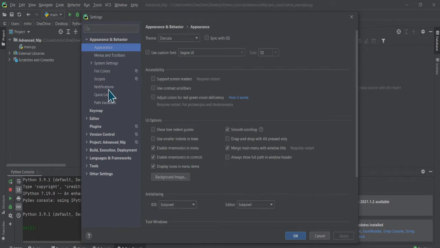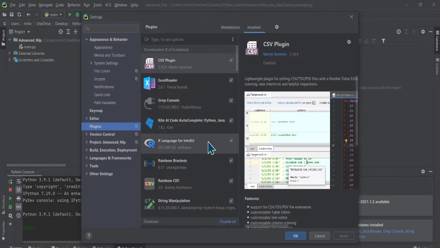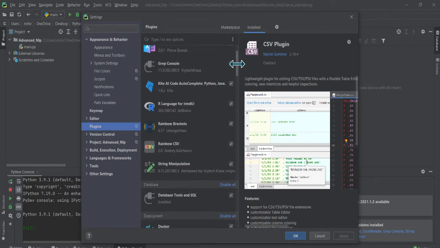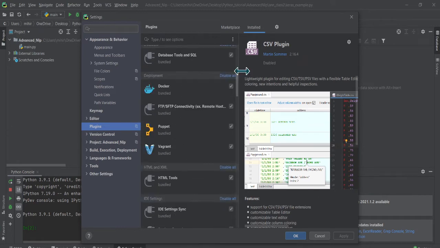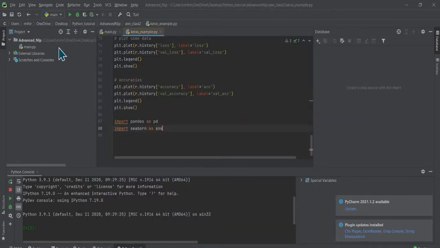So you can press Ctrl plus Alt plus S and then see plugins. You can simply check plugins, and there are many additional plugins. For example, if you want to run R language, you can also add this plugin. If you want to read CSV or other files directly using PyCharm, then you can add these plugins. But this is not my goal today. My goal is just to show you how the other code editors are